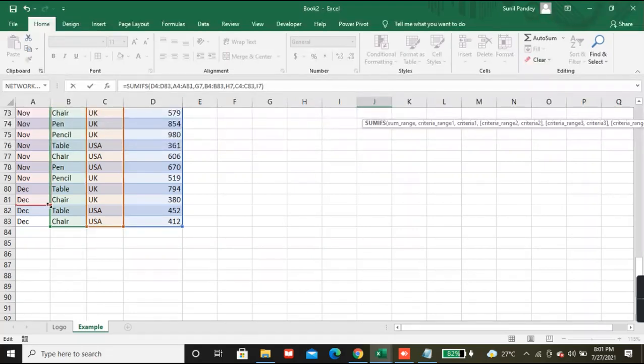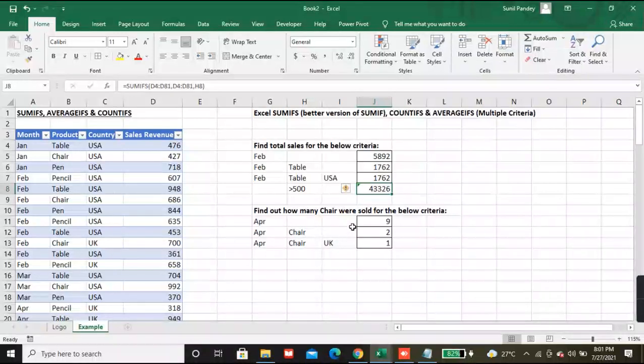So before putting the formula, you need to convert this into a table.